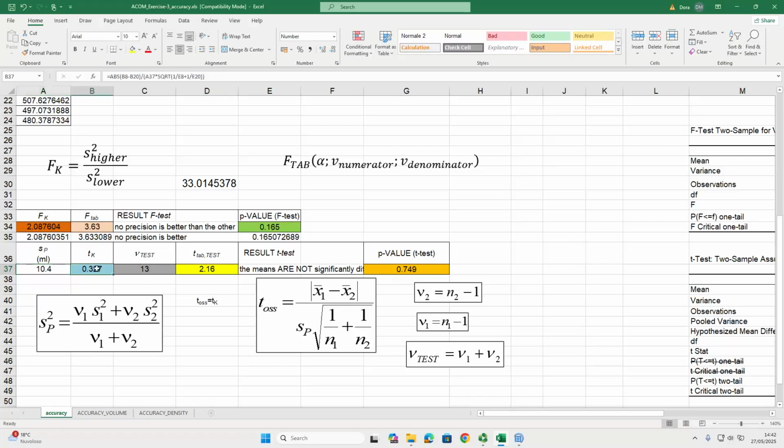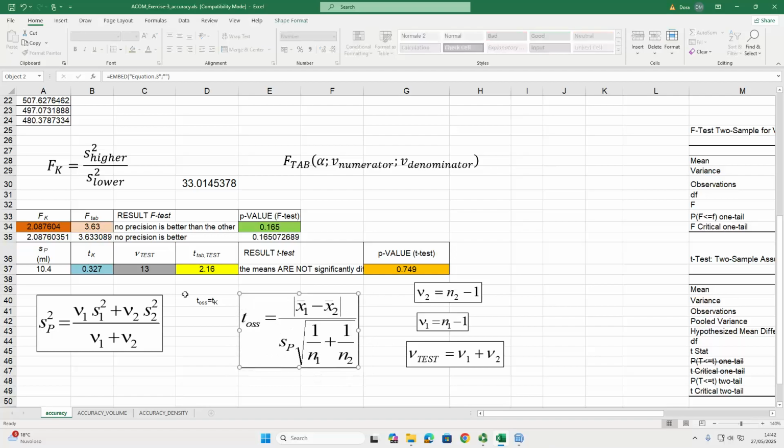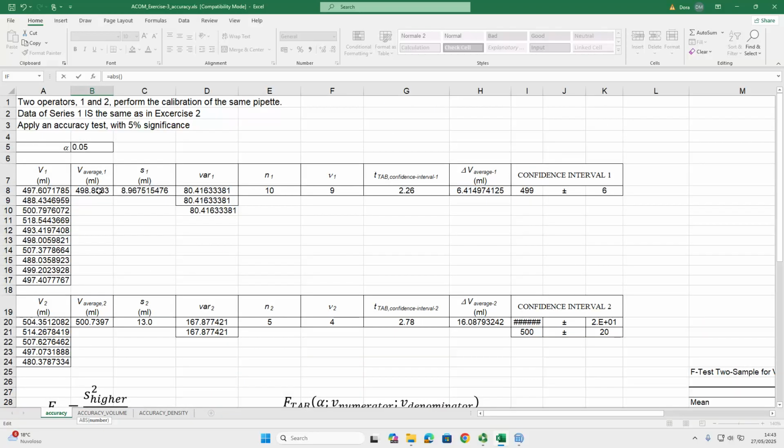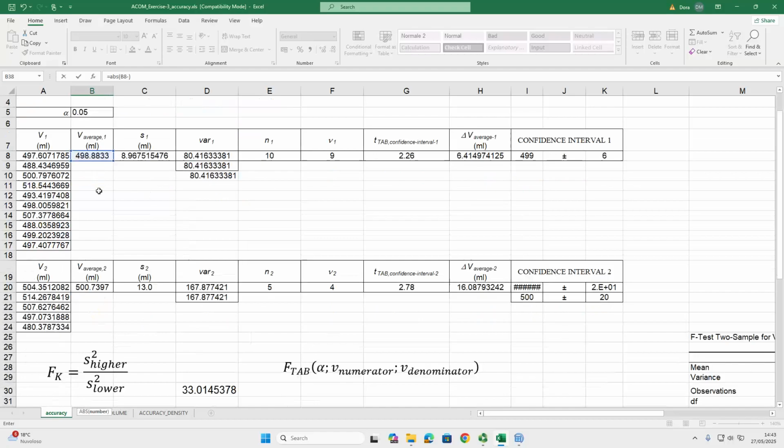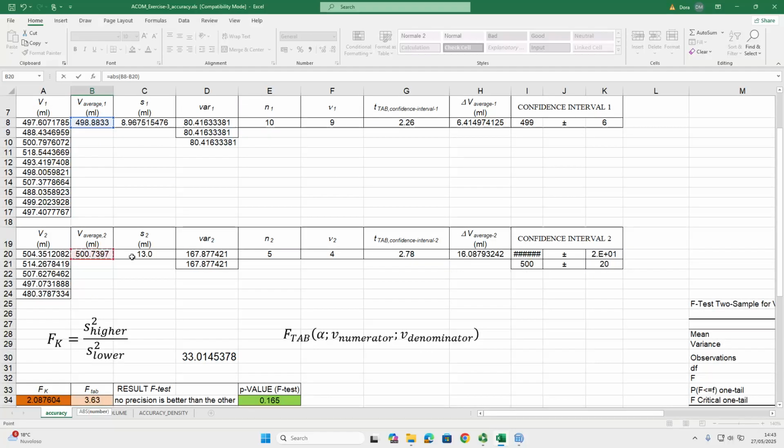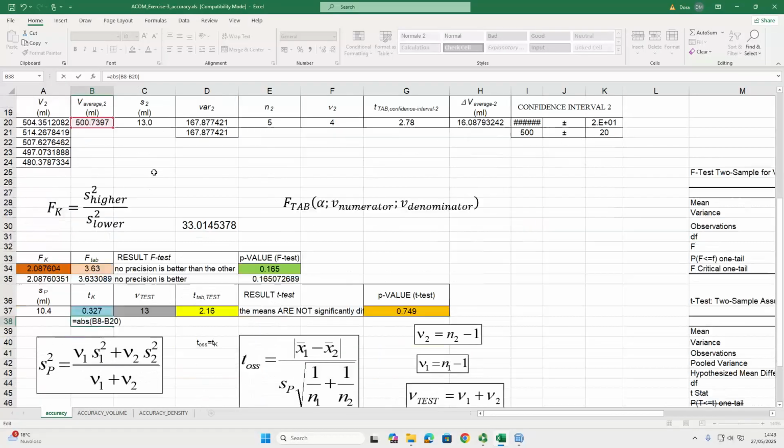Okay, then we calculate the TK by this formula. Okay, in this case we retype. It is a little bit difficult because there are many brackets, but we will try. Okay, equal. Now we need the absolute difference of the two average values. So ABS, open and close the bracket so I cannot forget. Click inside the bracket. Then pick up X average 1. It is in B1 minus X average 2. It is in B20, and this is the numerator, divided by,